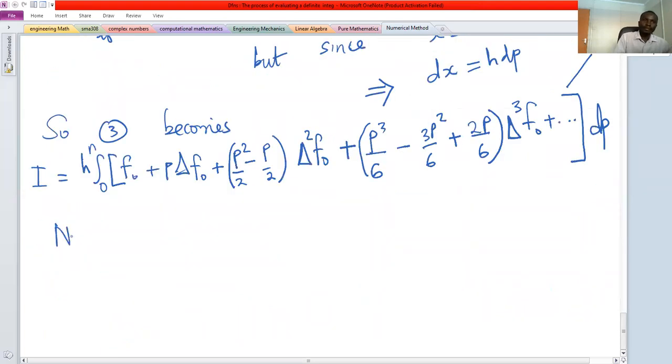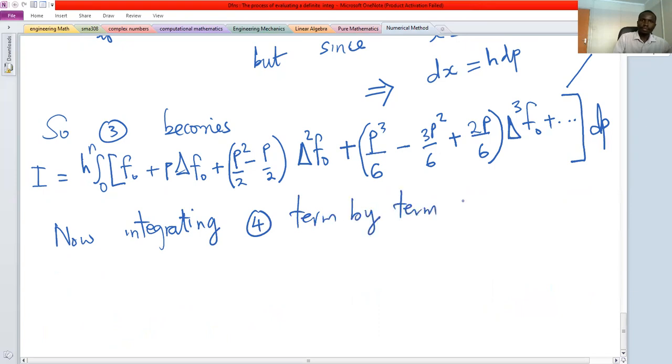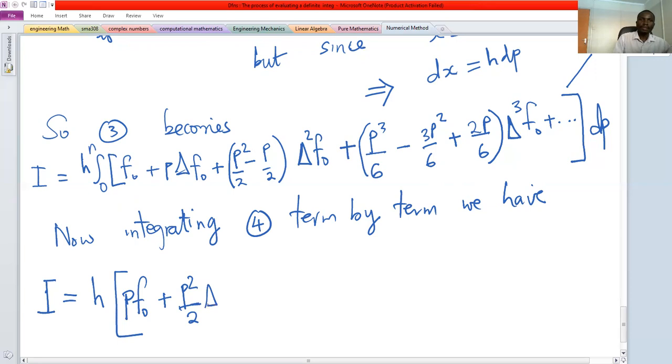Now integrating term by term, we have I equals h into, now remember f naught is a constant, so the integral of f naught with respect to p will be p f naught, plus forward f naught is also a constant, so the integral of p dp is p squared over 2, and then forward f naught, plus integrating this one with respect